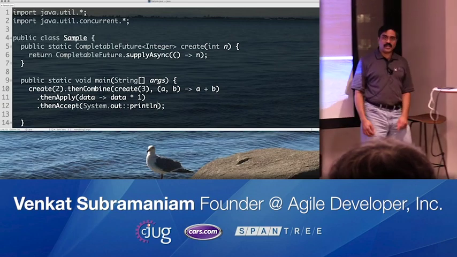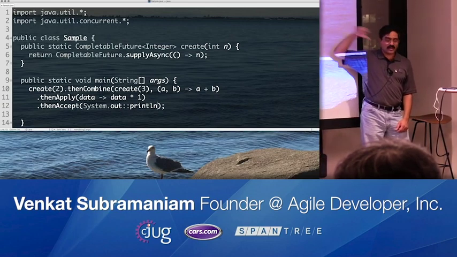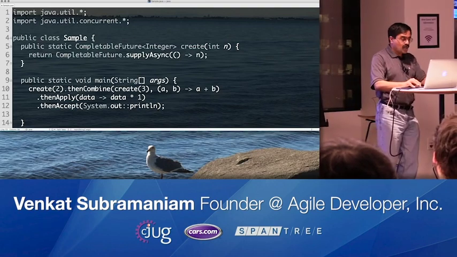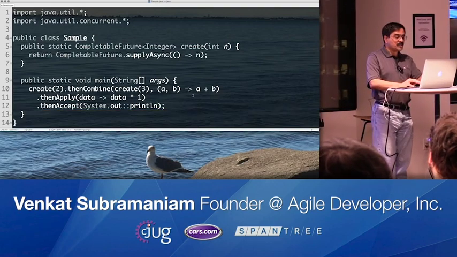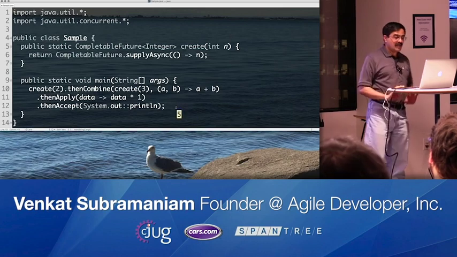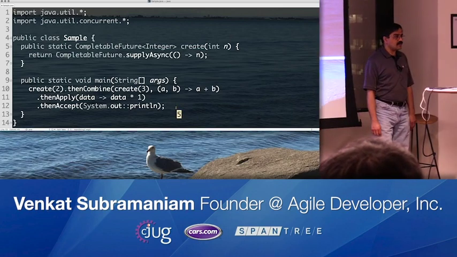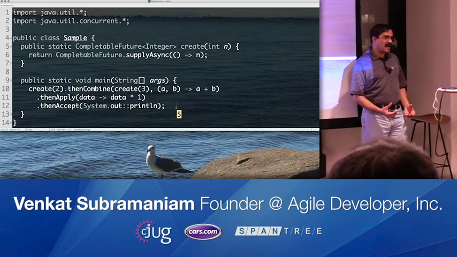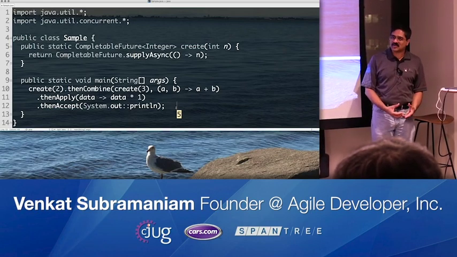When those two finish, we combine the result together, and then we transform it, and then we print it, right? So as a result, these two processes could go on separately, and you can see the result is 5 now. So you understand what a thenCombine is doing. The thenCombine is kind of like a reduce method, right?